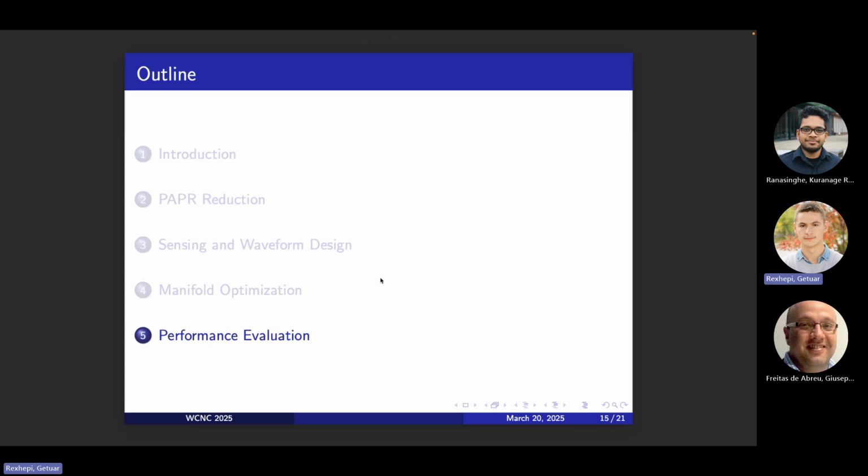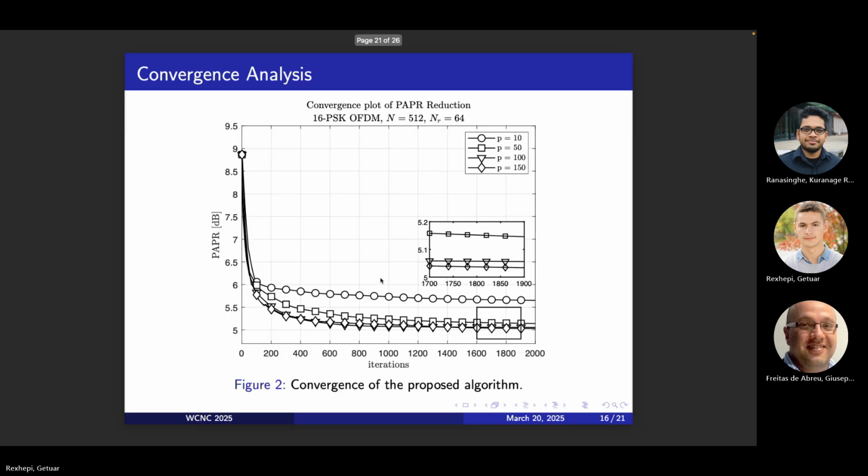With this, now we go to the performance evaluation. The first plot discusses the convergence of algorithm 1. As can be seen in the title, we use the OFDM system with 512 subcarriers, where 64 of those are reserved tones for PAPR reduction. And we used 16 PSK